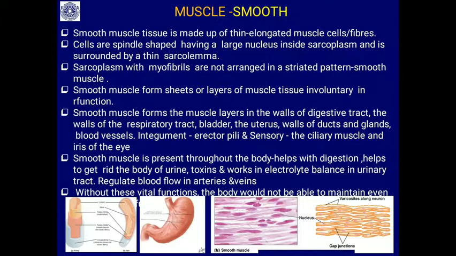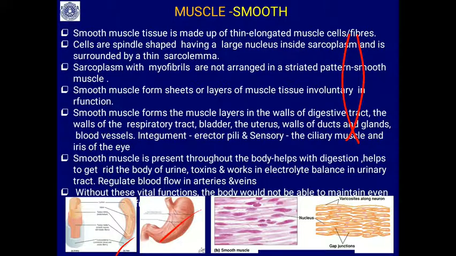Smooth muscles you will find in the blood vessels and also in the stomach. These muscles are thin, elongated muscle cells, and they are spindle shaped. You will find both ends are pointed, that is called spindle shape. Here also there is the sarcoplasm and the thin plasma membrane, the sarcolemma. So all these are the same. The myofibrils are not arranged in a striated pattern